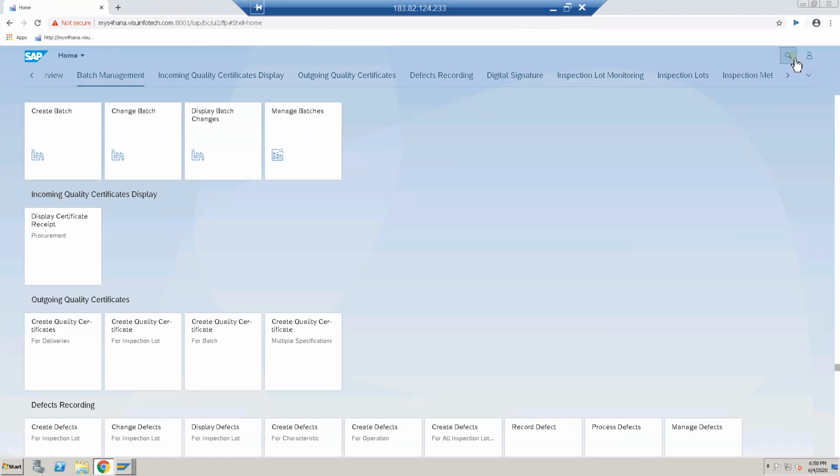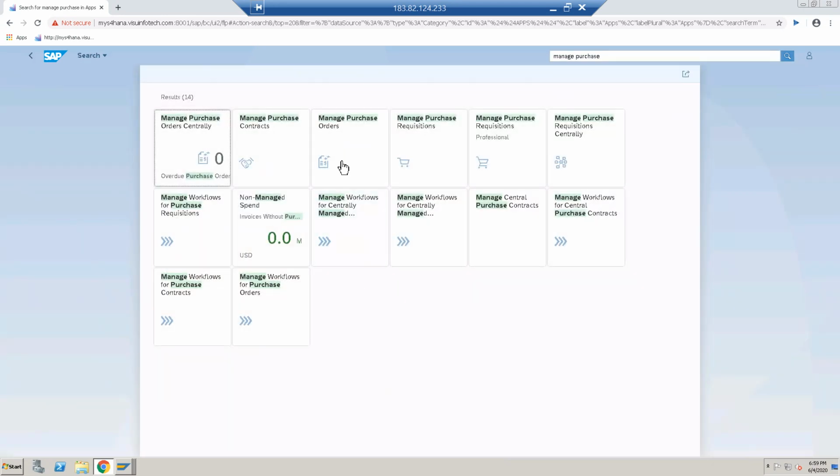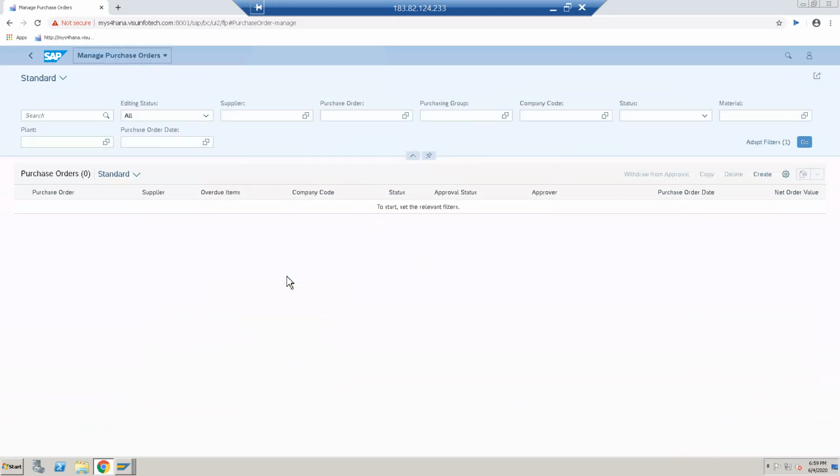I just search the app for this, manage purchase order. Okay, this is the create purchase order. Click on create.